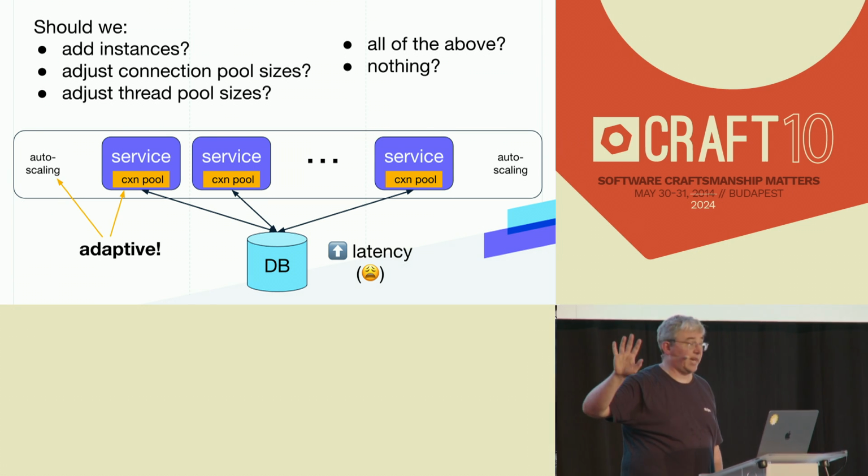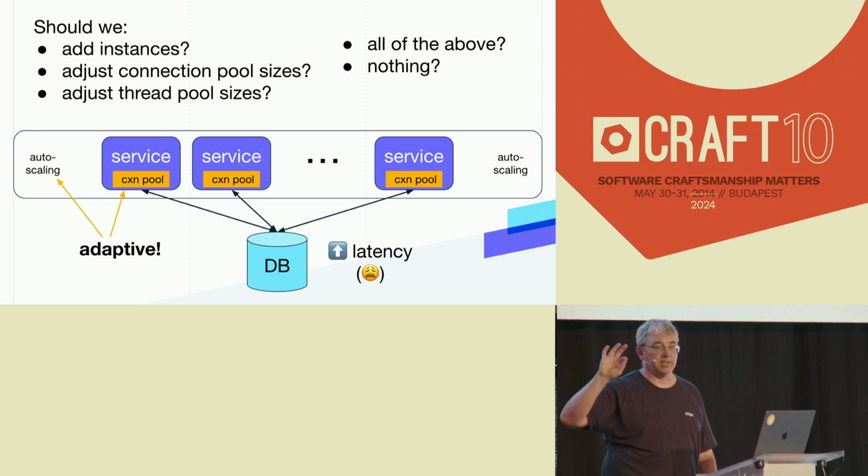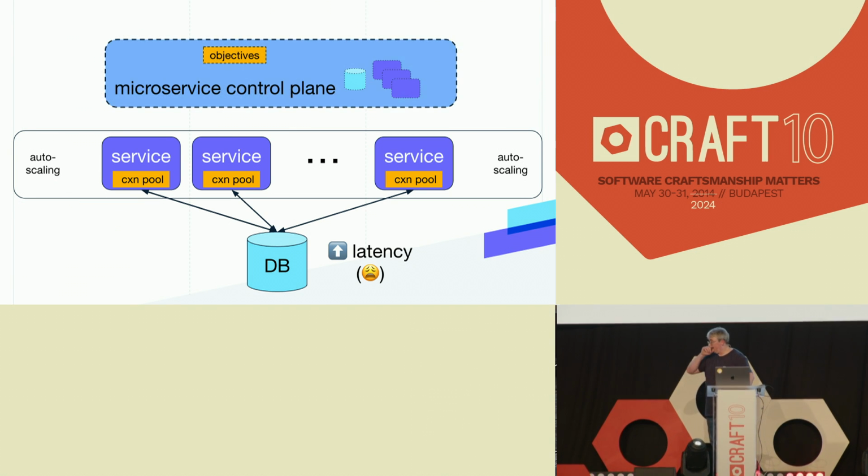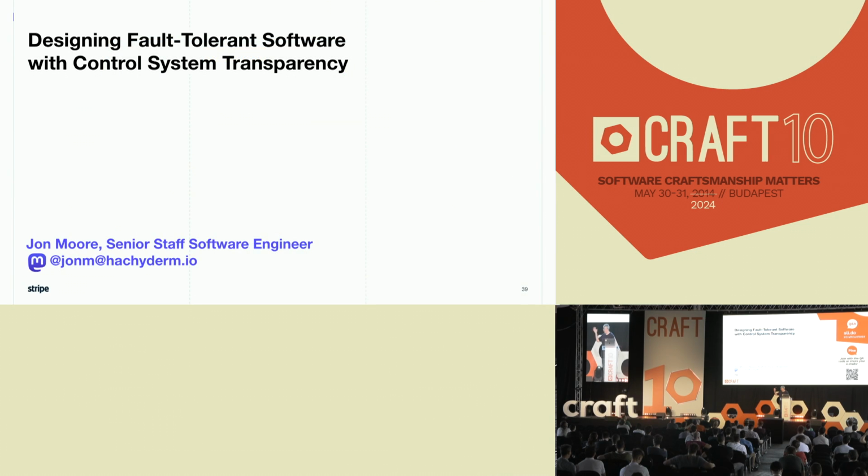And so that control plane gives us a place to figure out what we want to do in these situations, because we actually have modeled that fully, or at least to the degree that we want to build a detailed enough model to figure out what's going on. So that's what I've got for us today.